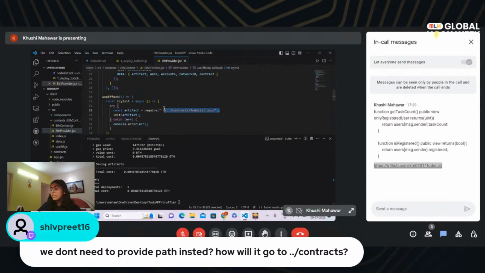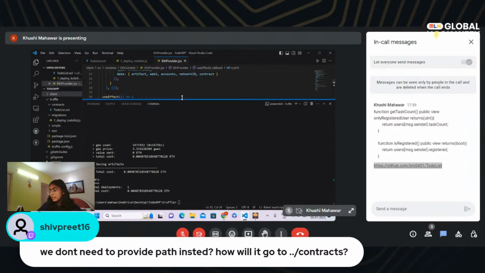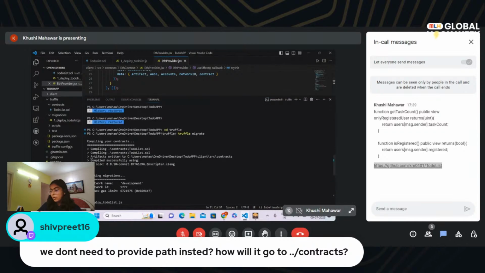Here you'll observe that SimpleStorage.json might be written over here, which is the default contract. So instead of that, just write the name of your contract and add a .json. I hope that will make you understand. Okay, and observe that here the contract has been deployed successfully,